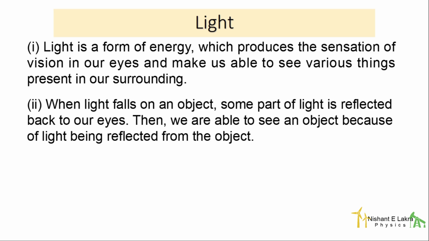And when light falls on an object, some part of light gets reflected back to our eyes, and then only we are able to see an object because the light is being reflected from the object. So if the light is not reflected from the object, we will not be able to see it. So this second point, we understand that when the light falls on an object, some part of the light is reflected back to our eyes, and that is why we are able to see it,